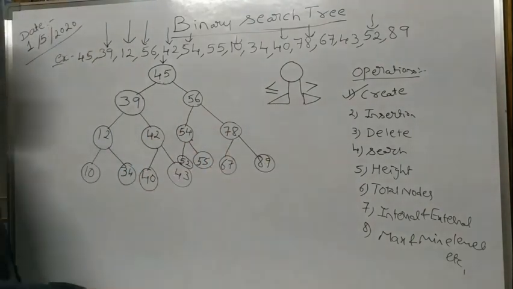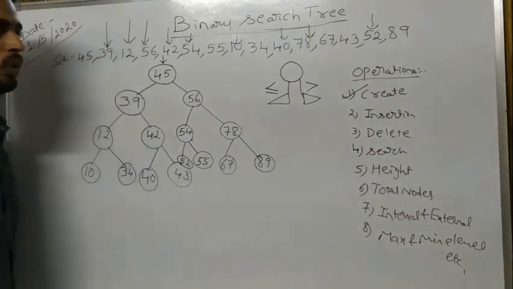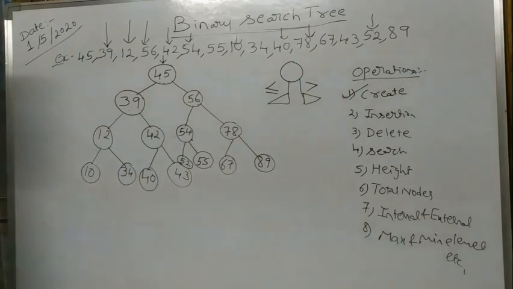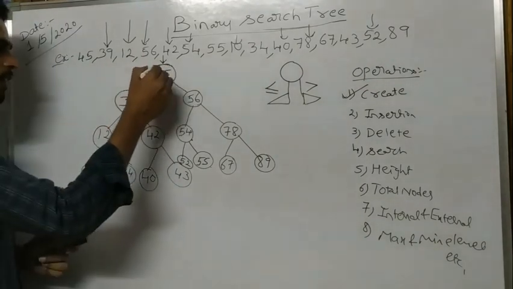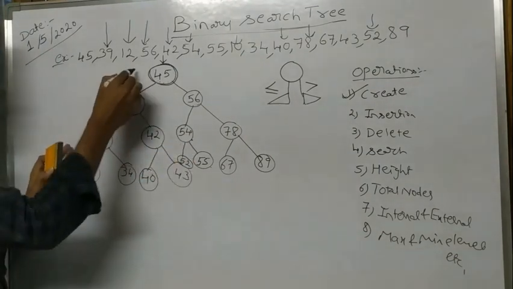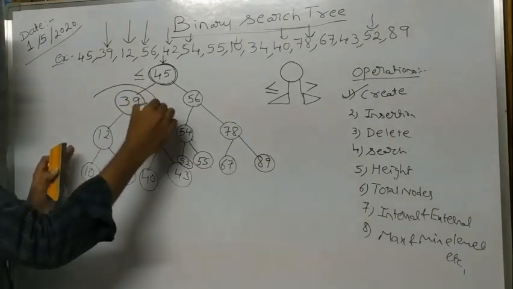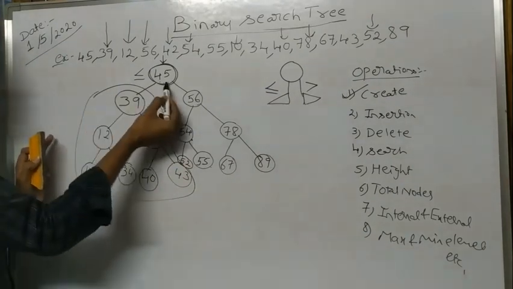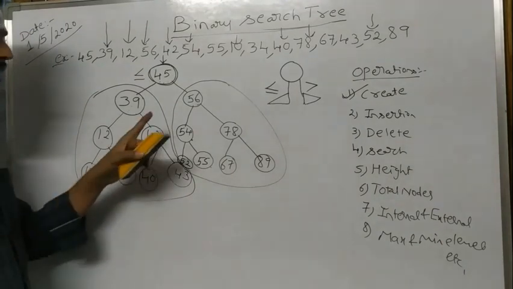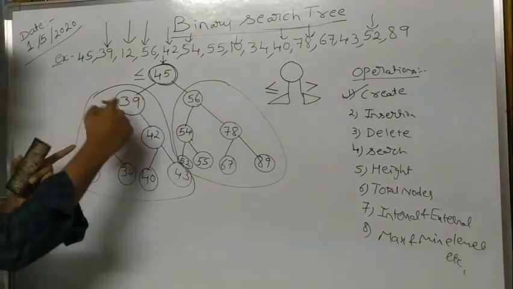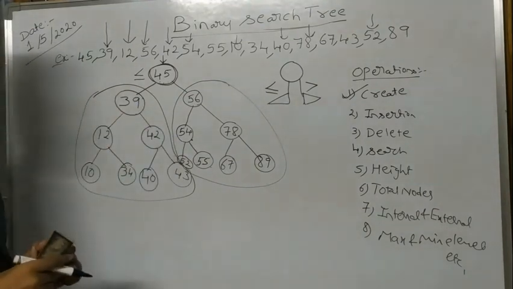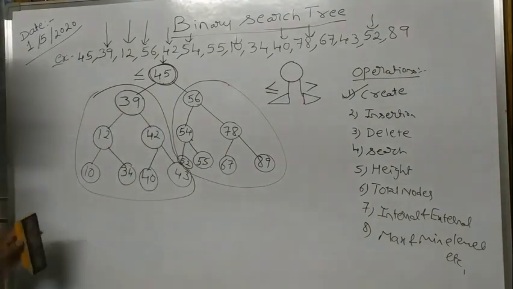So this is the process you are going to use while constructing a binary search tree. Check here. If you take any node, for example, I am taking the node 45. Whatever elements are present on the left side of this node 45 are always less than or equal to the root node. And whatever values are present on the right side are always greater than the node 45. This is the concept. And once again, if you take this subtree, any node has to follow the same property. Then I can call this a binary search tree. That's it. So this is the procedure to create a binary search tree.